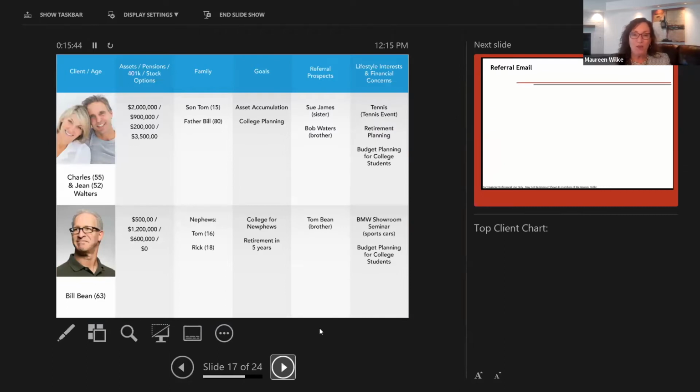And this was our chart that we used. Again, this ties right in with Redtail, the CRM. But what you want to do is, this is just a top client background referral tracker. It tells you the key points about the client, their family, their goals. And then you'll see there's a column, referral prospects. This is where you can plug in as you look them up, or this is also an opportunity if you've got an intern or